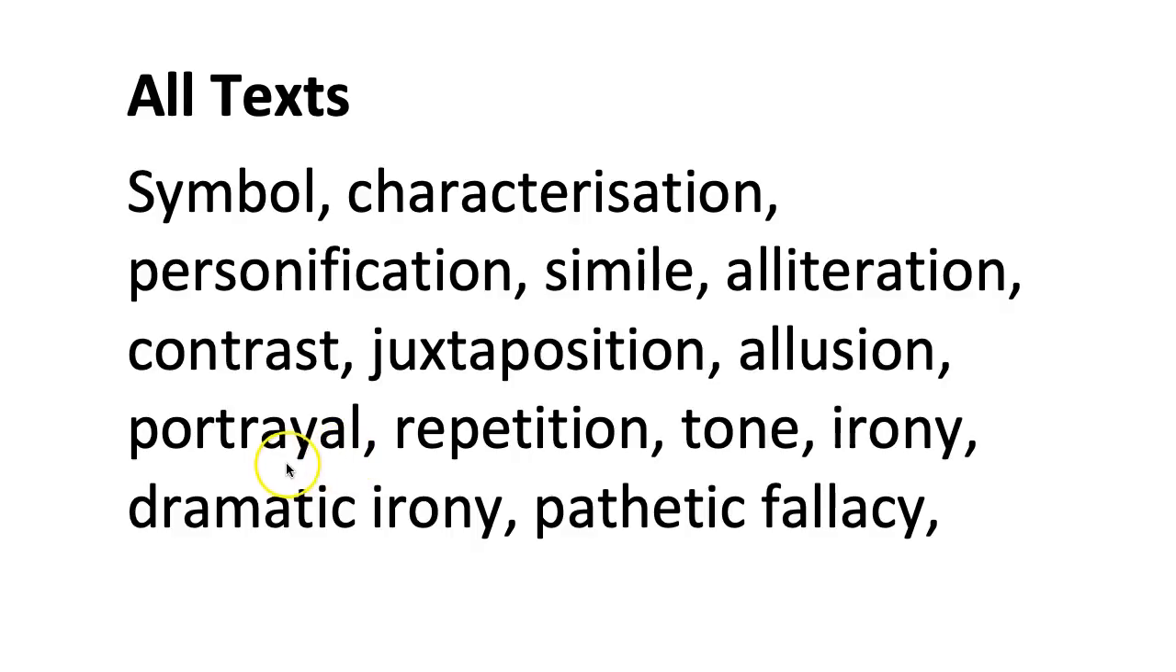Then some more easy ones. Portrayal, how something is portrayed. Use of repetition. The writer's tone. This is an easy way to get up into grade 7. Thinking about what mood the writer is creating. Tone means mood here. Irony is another grade 7 use of terminology, and it will be a grade 7 interpretation